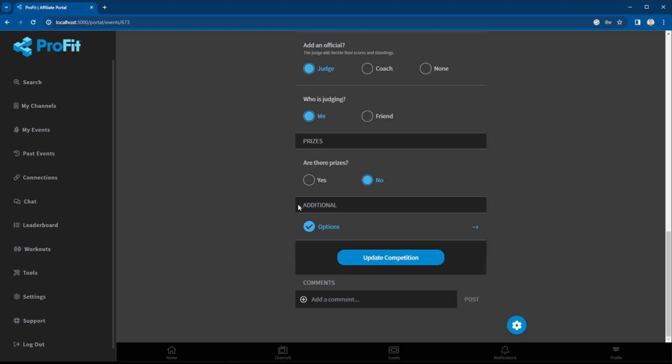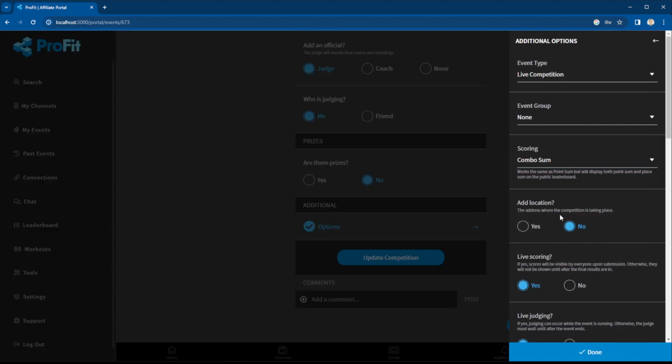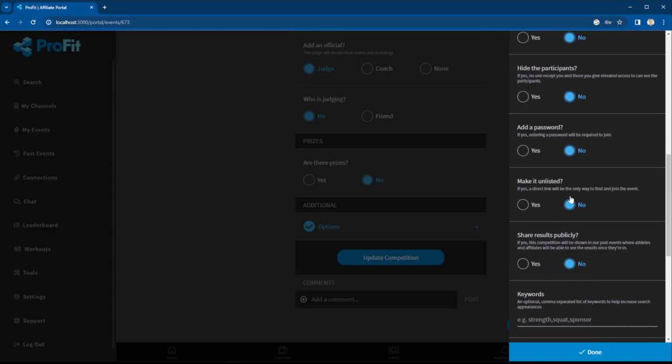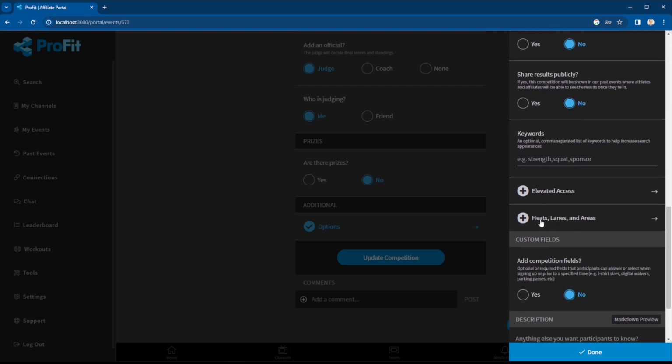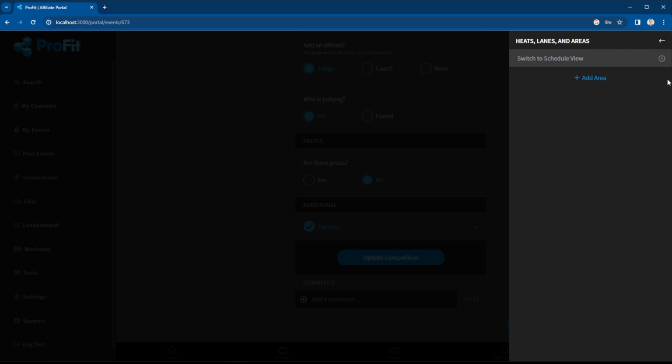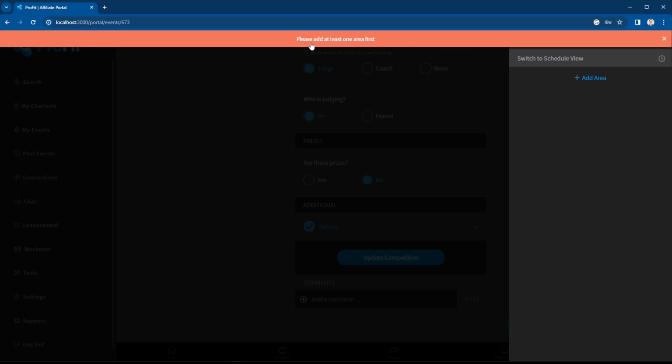And we can go ahead and go into additional options. We're going to go down into our heats, lanes, and areas field. We're going to click that and it's going to pop open this, and what we're going to have to do first is actually add an area. If we want to switch to schedule view, it's actually going to error saying that we have to have at